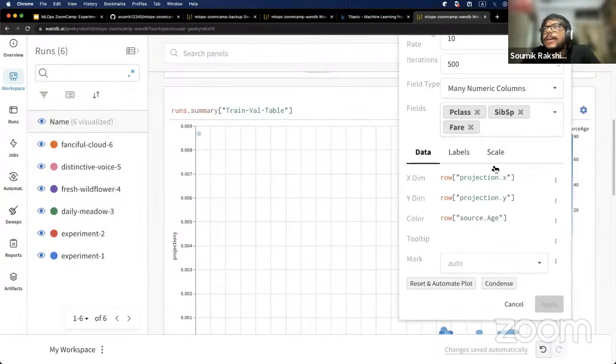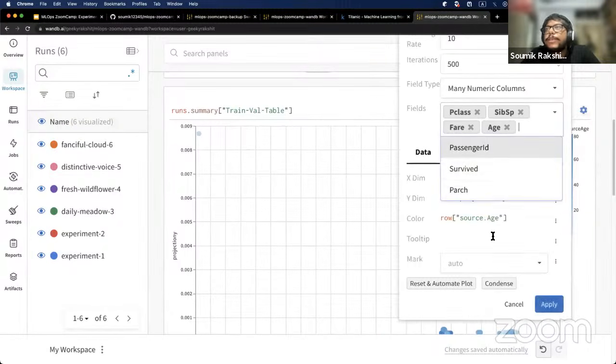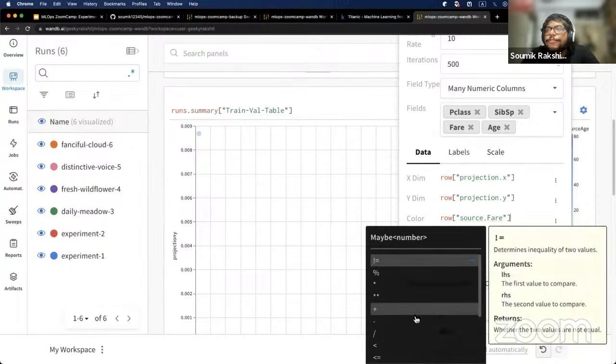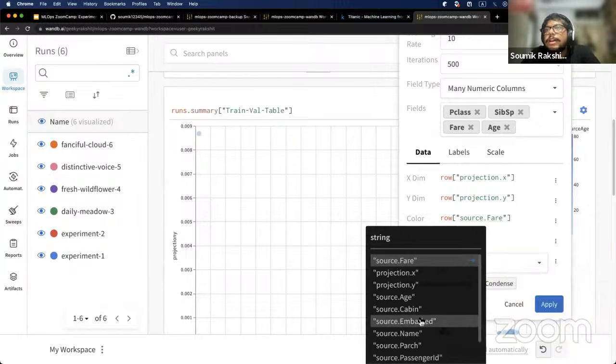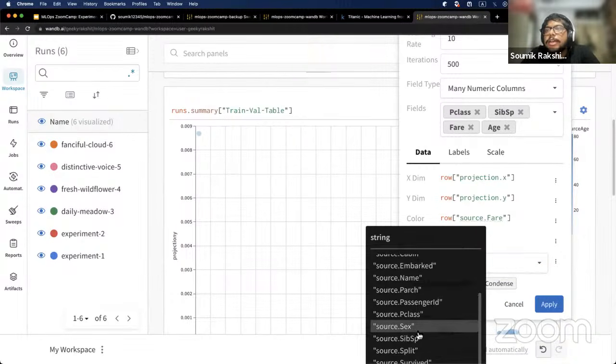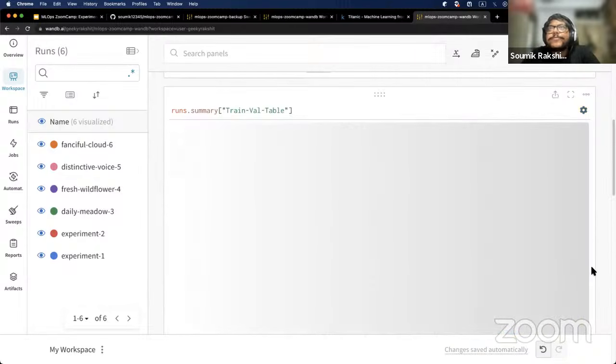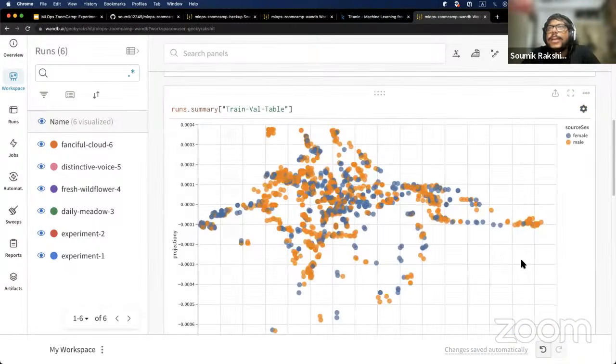But okay, what if I put age back here and I put something like fare? Not even fare. Let's say something like sex and hit apply. Voila, it shows us the distribution colored across the two different sexes altogether. So basically, to get more insight from your data, to ask different questions to your model, all you need to